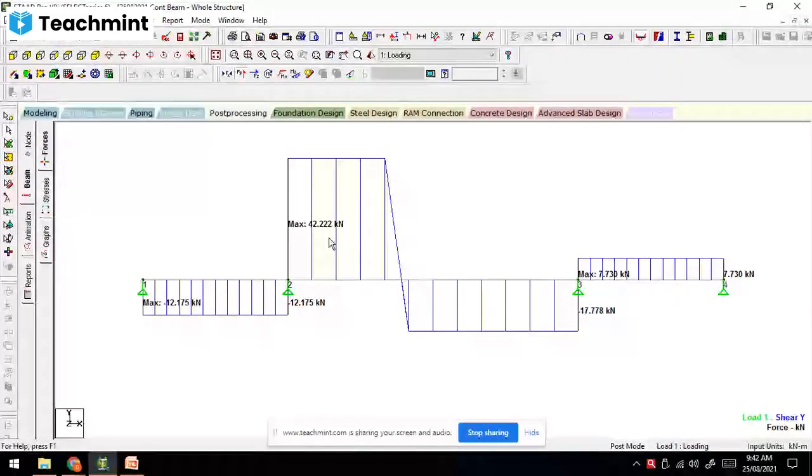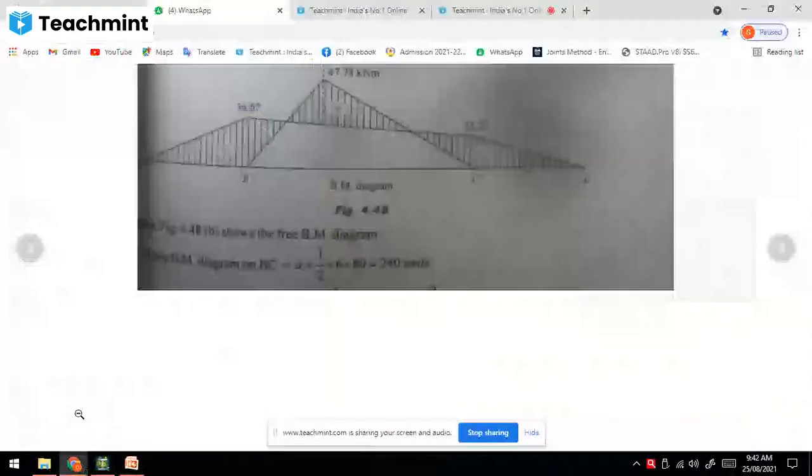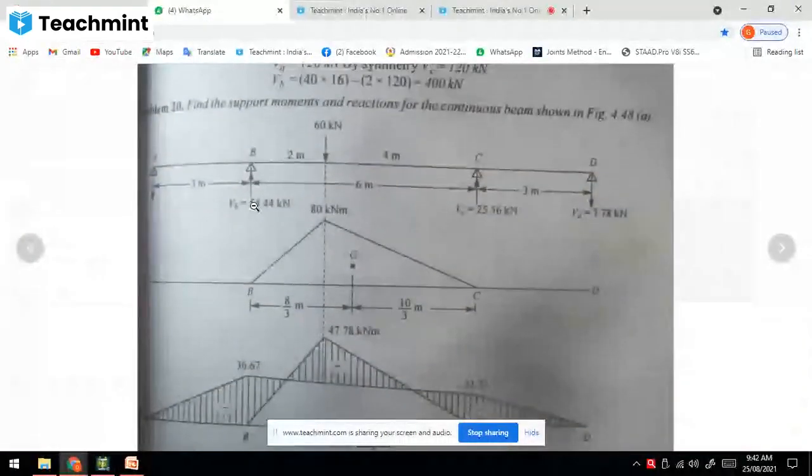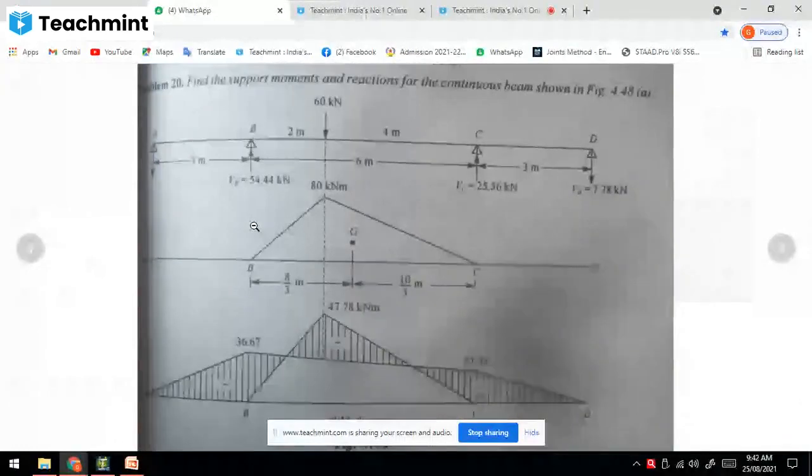Then at point C, 7 plus 17, that is 25, is the reaction at support C, and at D it is 7.78. You can see the support reactions VB, VC, VD: 54, 25, 7.78.